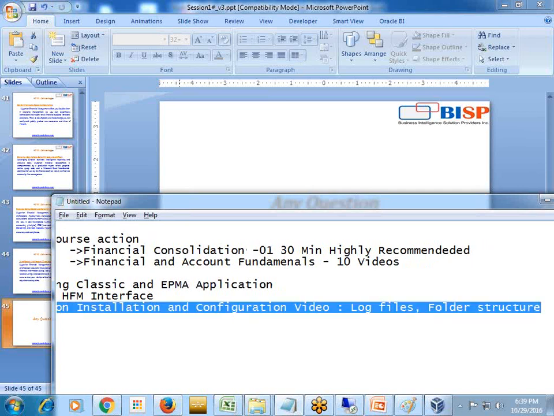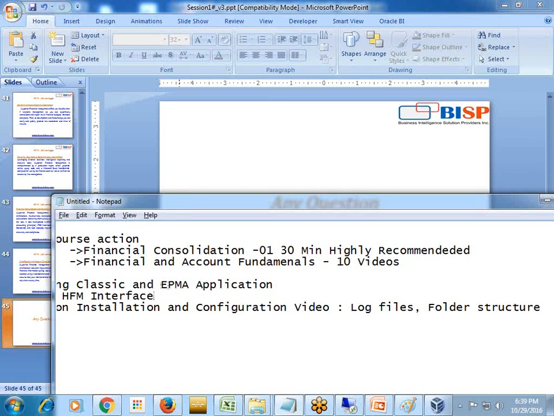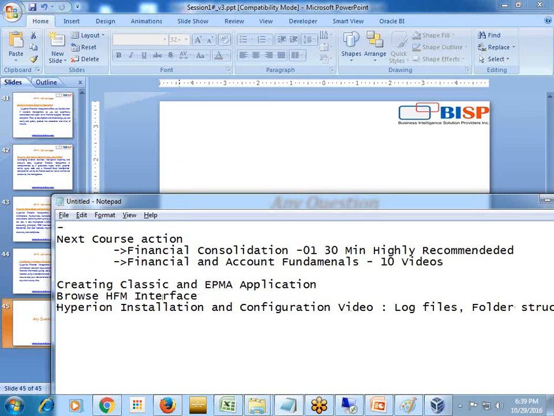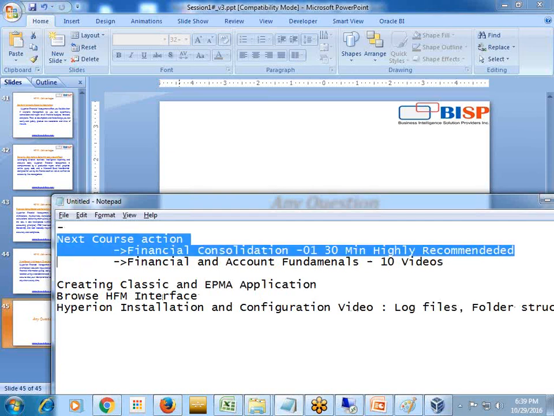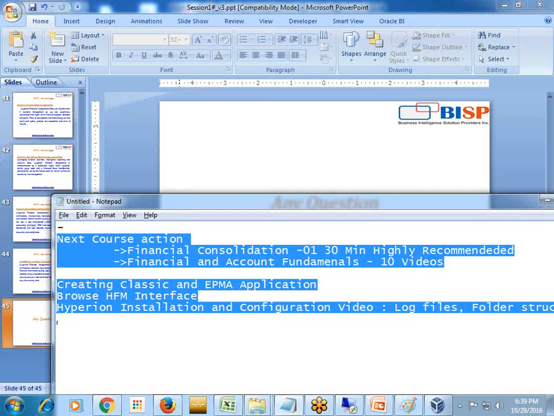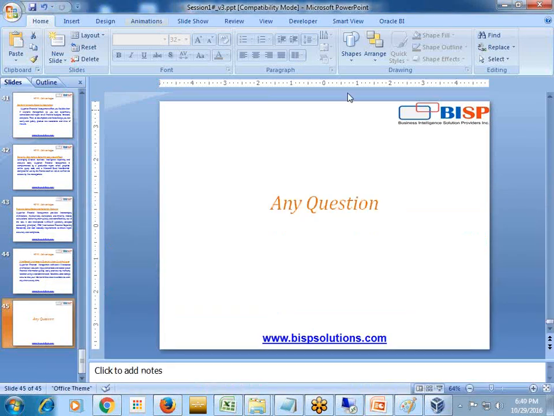So there are some key methods to learn Hyperion Financial Management step by step. Right, so you have adequate activities before we go into detail in tomorrow's session. This is going to be very interesting, challenging, and prominent. And HFM